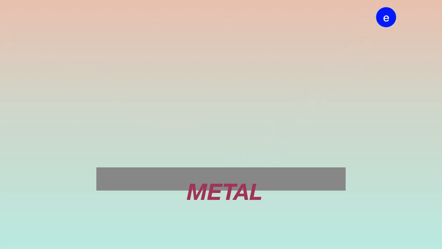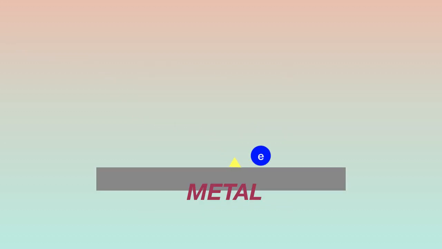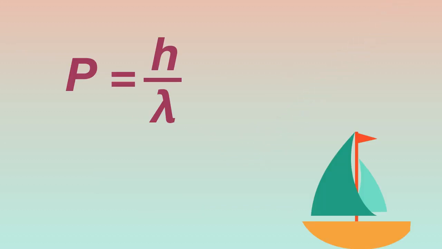If you shine a light with high enough energy on a metal, electrons will be emitted from the metal. Photons exhibit separate traits of waves and particles. At higher wavelength, they behave like waves, but at lower wavelength, they behave like particles. It is a fact that light does have momentum.